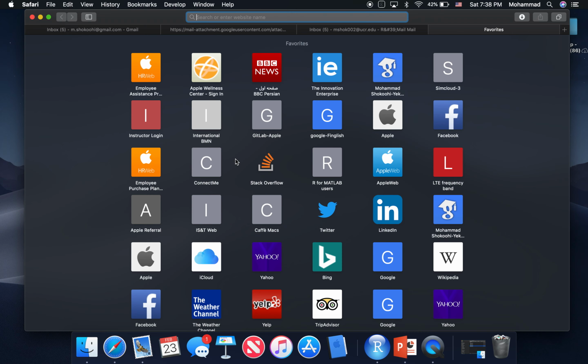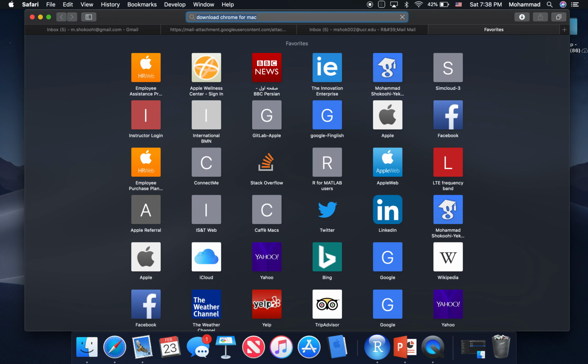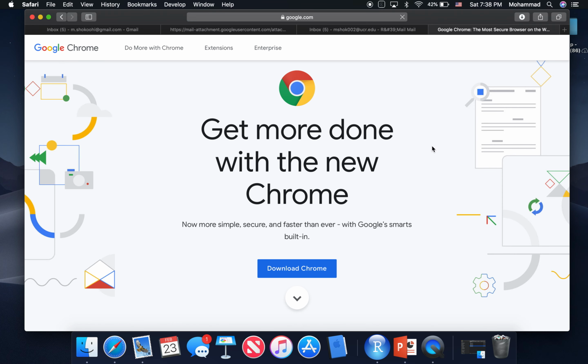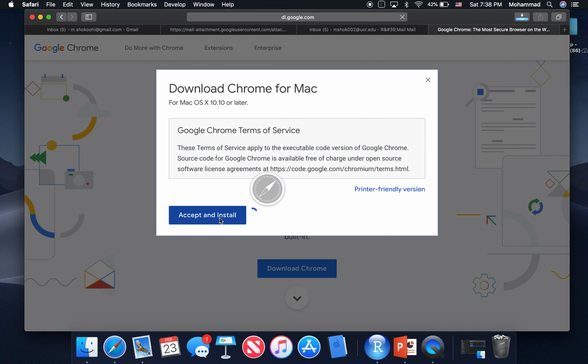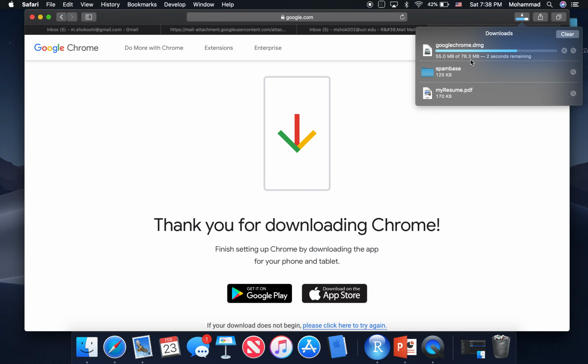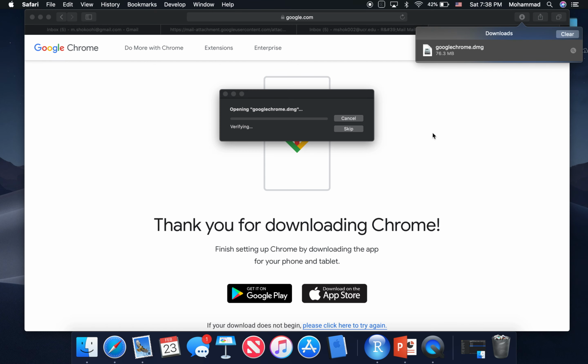So I'm just going to go here and download Chrome for Mac, for example, just to make sure that I have the most up-to-date version of Chrome, and accept and install, and then just get this Google Chrome